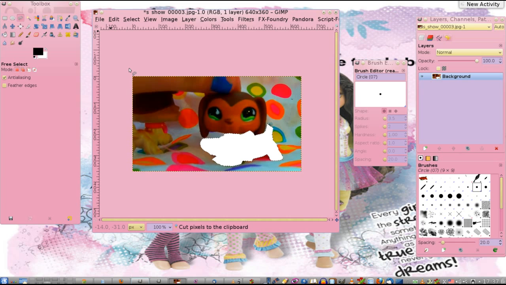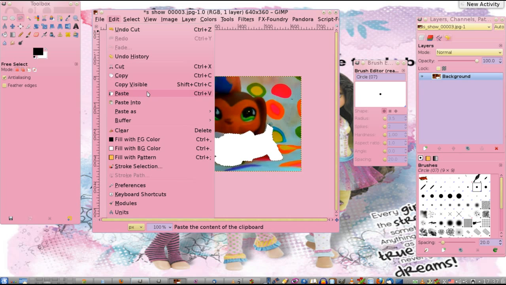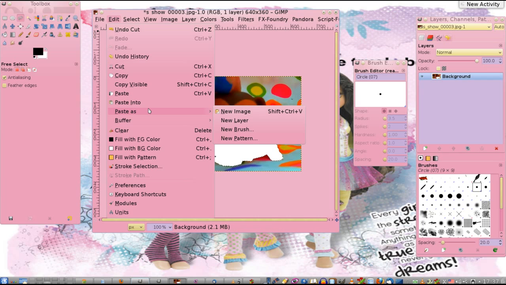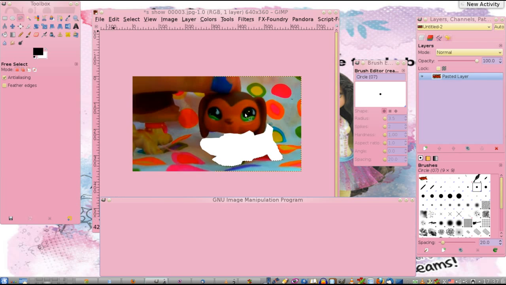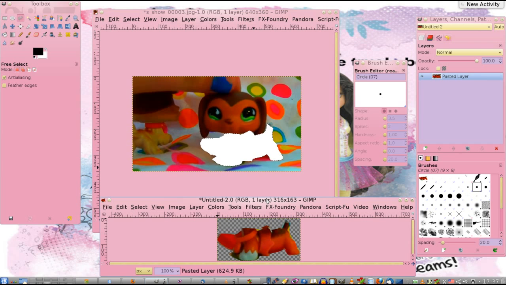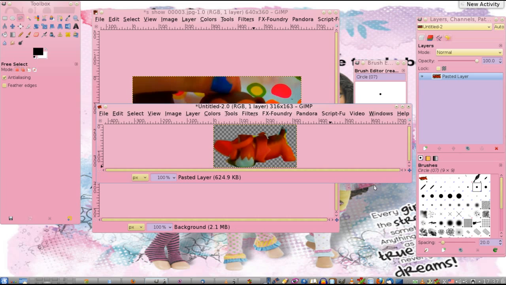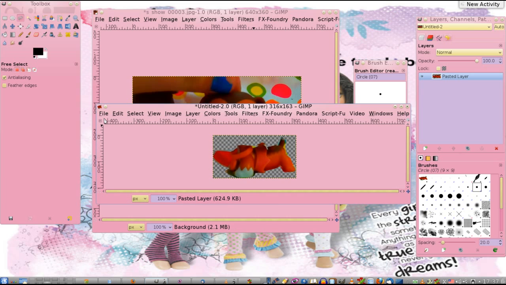And then we're going to do paste as, and we're going to say new image. And so there's our dog right there. That's the LPS. That's the body of the LPS. It's been cut out, and we're going to save this now as